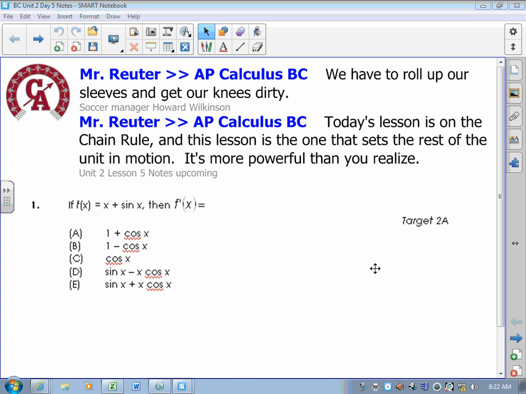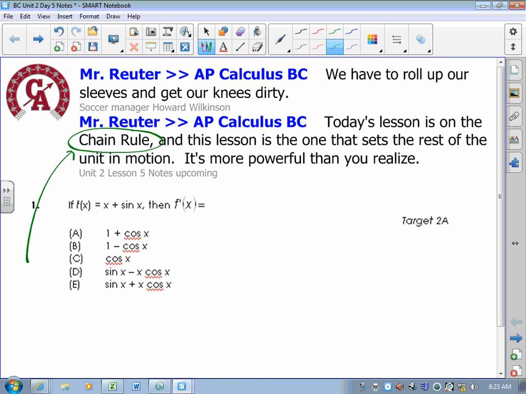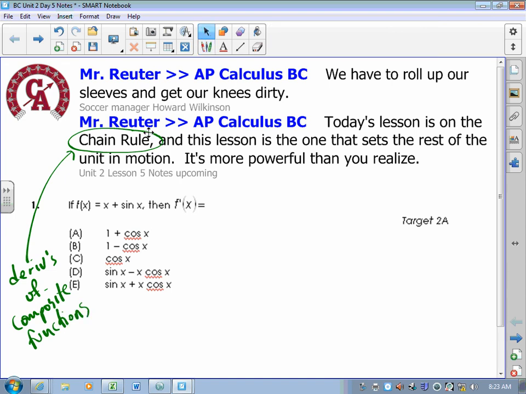Okay, so lesson 5 is the hinge pin. It is the turnkey. Pick your favorite metaphor that means once we do this, there's really no turning back. Lesson 5 deals with the chain rule, the chain rule for derivatives of composite functions. Once we have derivatives of composite functions, there are so many places to go with that, I cannot even begin